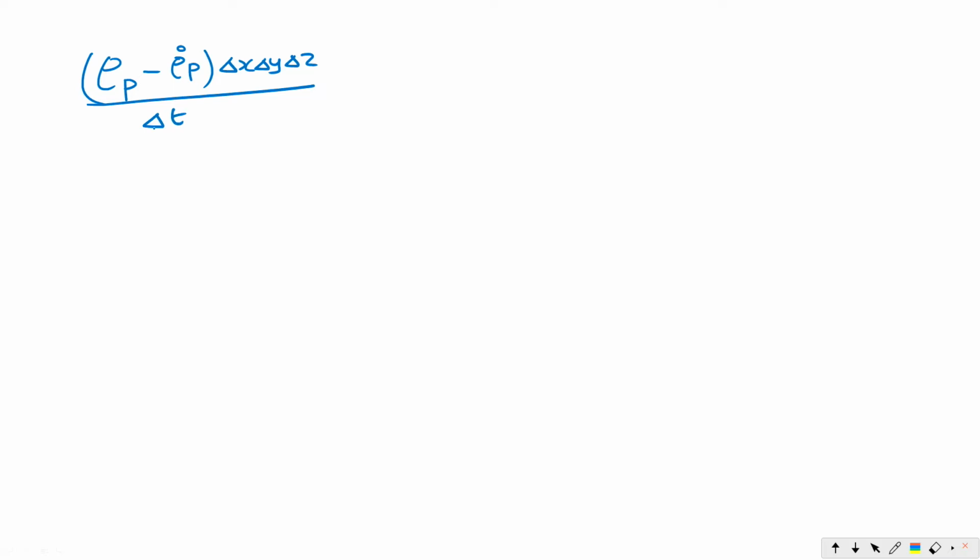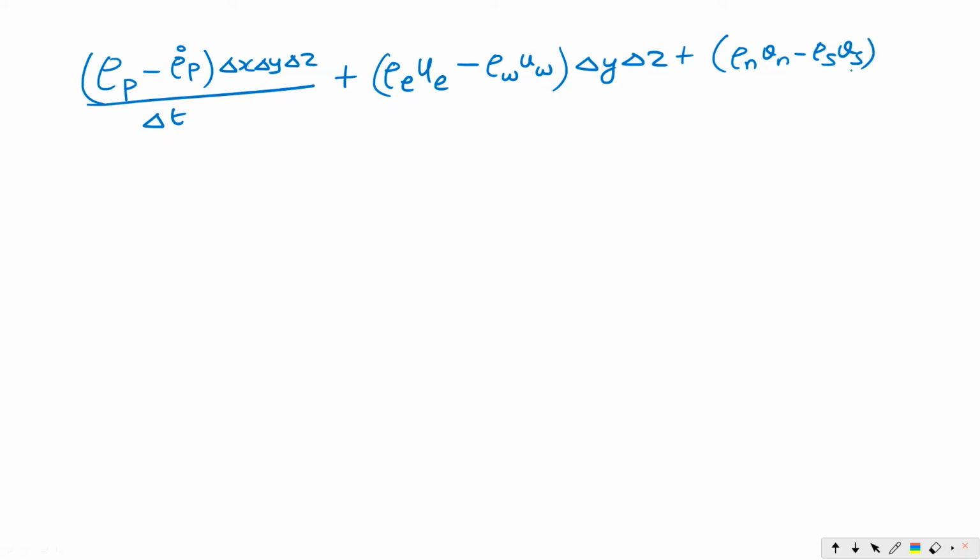This is the first term. The second term will be applying the limits of integration: rho e ue minus rho w uw of del y del z, plus rho n vn minus rho s vs of del x into del z. The very simple concept is that it is related to the dx term, the first dou by dou x of rho u. So that term will not have del x. This term is with respect to the y direction, so del y will not come. So we can rewrite the other two terms, plus rho w,